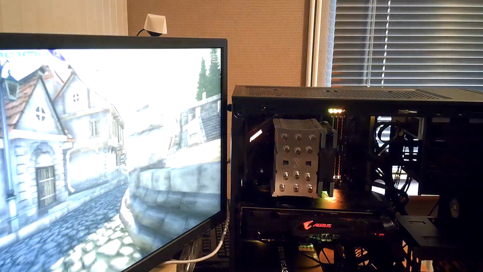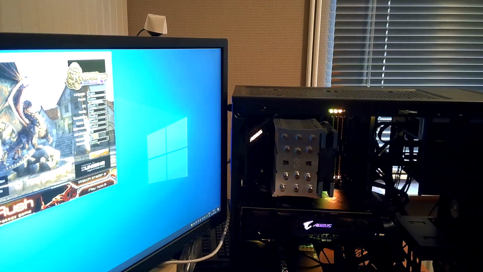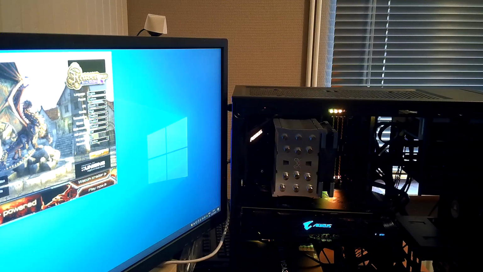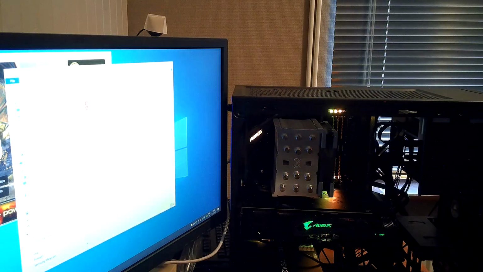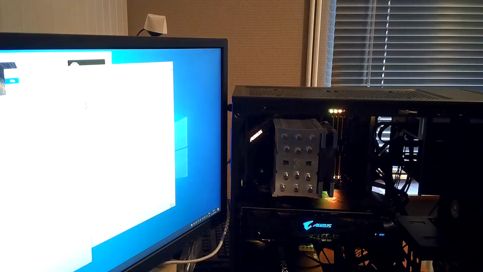Okay. Let's see. I need the hardware monitor. That was also something. I had Open Hardware Monitor, and this is CPUID Hardware Monitor.